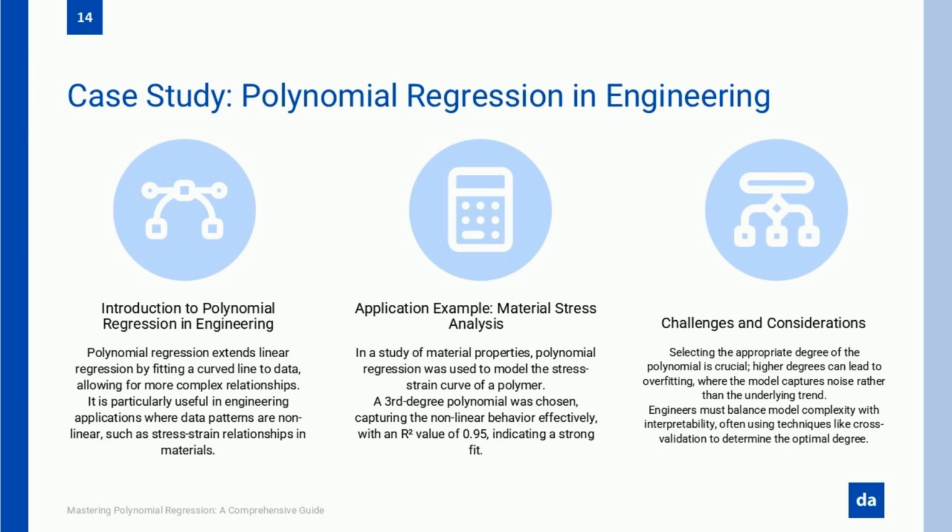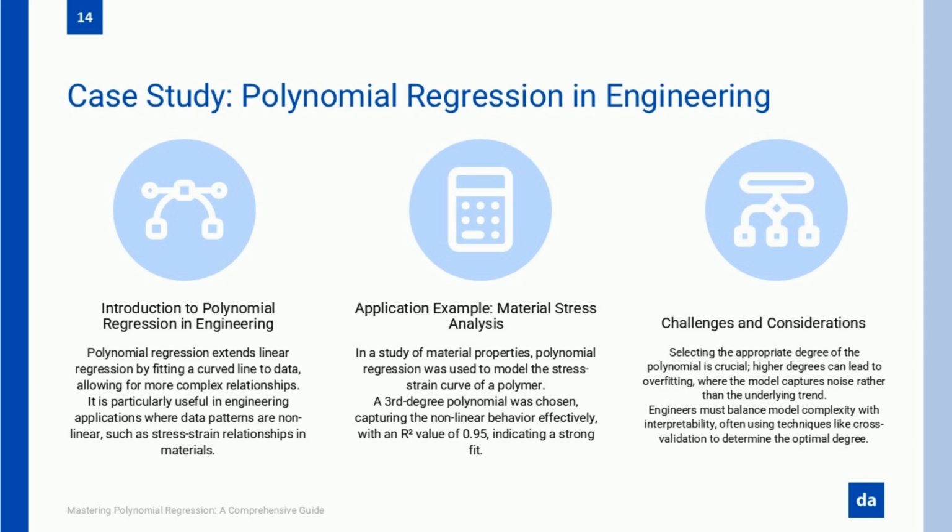One common application of polynomial regression in engineering is material stress analysis. When engineers study how materials respond to stress and strain, they often observe nonlinear behavior, especially when materials reach their elastic or plastic limits. A simple linear model may not accurately describe these stress-strain relationships, as many materials exhibit different properties under varying loads. By applying polynomial regression, engineers can develop models that better reflect how materials behave under real-world